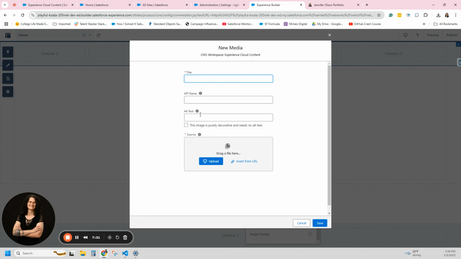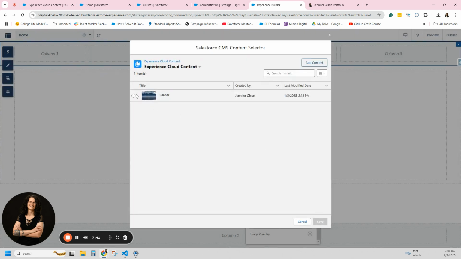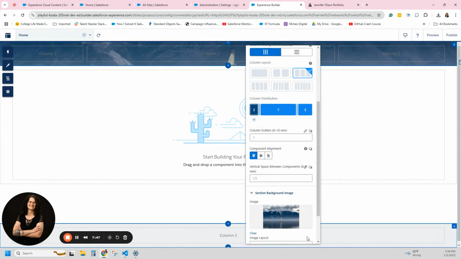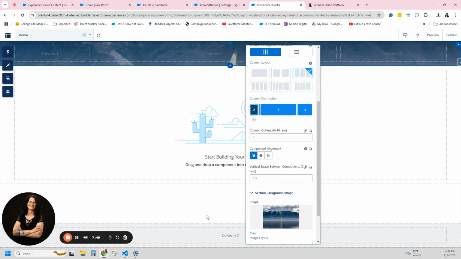So a screen reader might describe it to them. I already filled it in, and that's a whole other video on how to create appropriate alt text. And then I hit upload and I put it in. But since I already have it, I'm just going to choose it here and hit save. And what that does is it's placing the image up here. Now, if you see my image back in my component on the right side by my mouse,